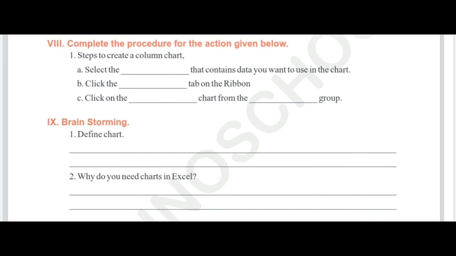Write the answers. You have to write all answers in your textbook, and the mentioned Roman only you have to copy into your CW. Complete it. Let me explain the next one.